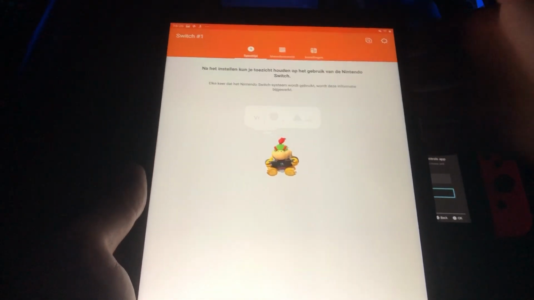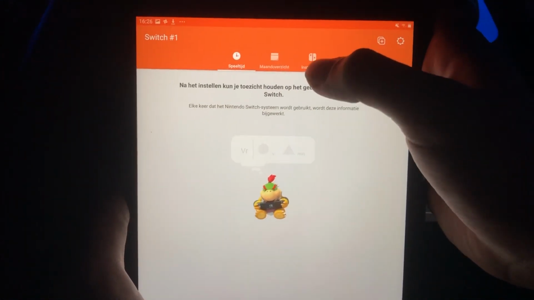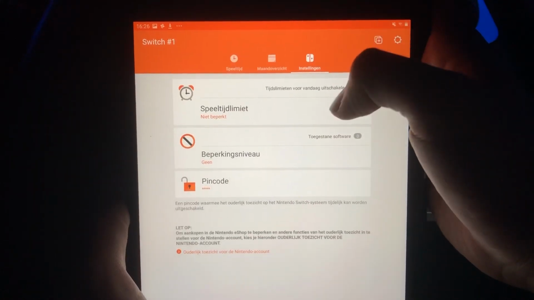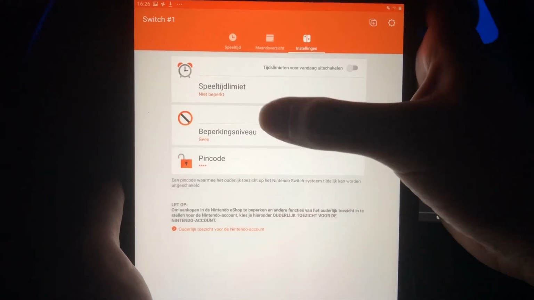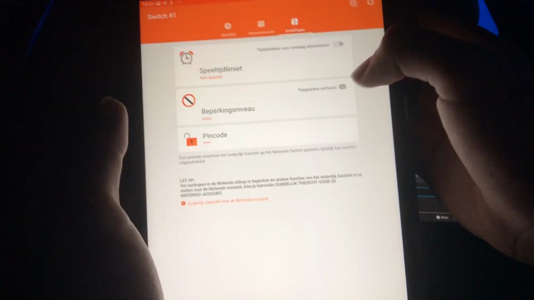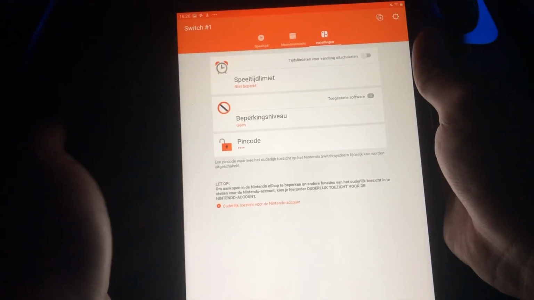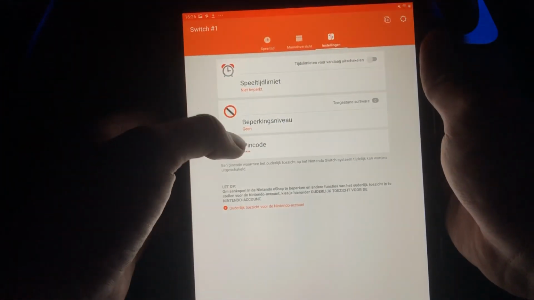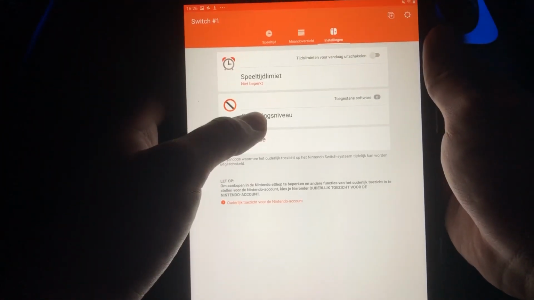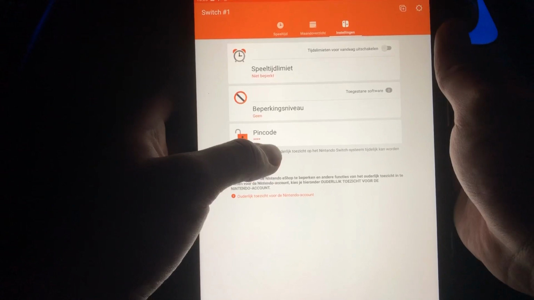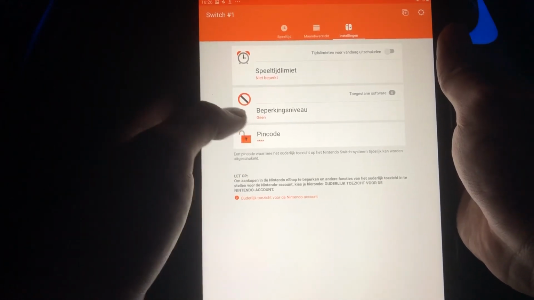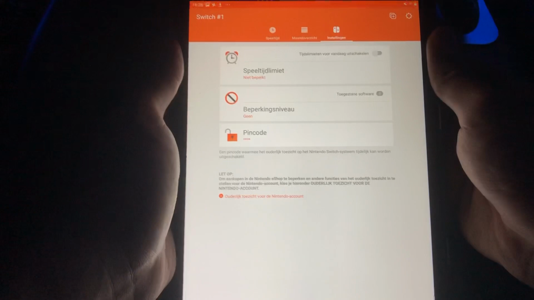Once you're on here, you want to press on settings. And now you will get a time limit, how much we can play on our Nintendo Switch, maybe for your kids, and the age restriction. And this is the PIN code, so you can enter your codes to change something up or maybe play an age restricted game, things like that.